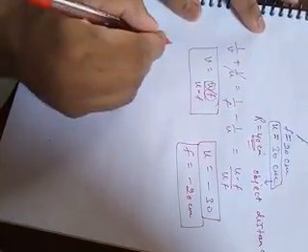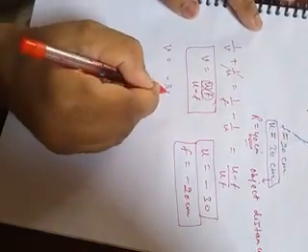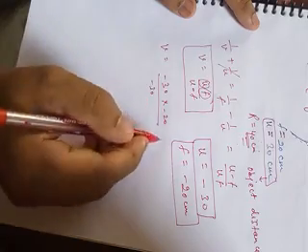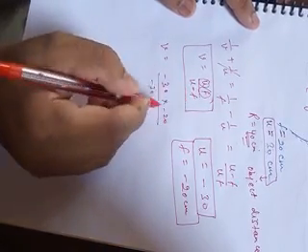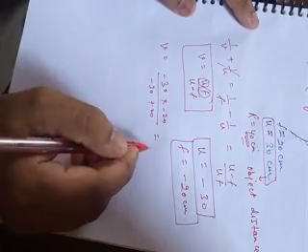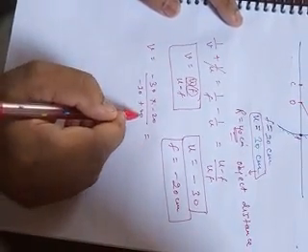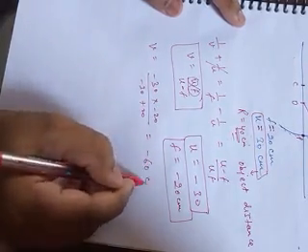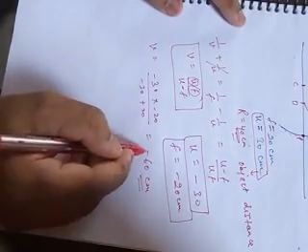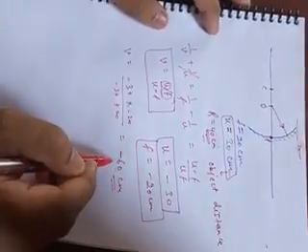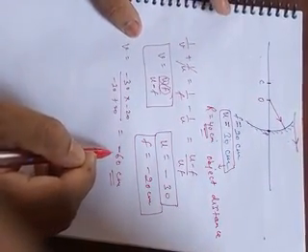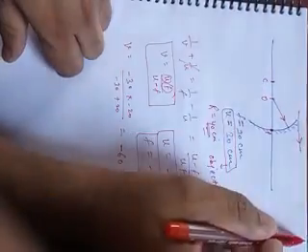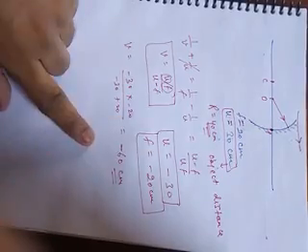So put here the values: V equal to (minus 30 times minus 20) divided by (minus 30 minus of minus 20). Minus of minus 20 is plus 20. So the denominator is minus 10, and minus 20 by minus 10 is 2. So minus 60 centimeter is our V. What do you mean by the negative sign? Negative sign means you are getting the image on the opposite side of the movement of the ray. The ray is moving towards the right, so you are getting the image on the left side.